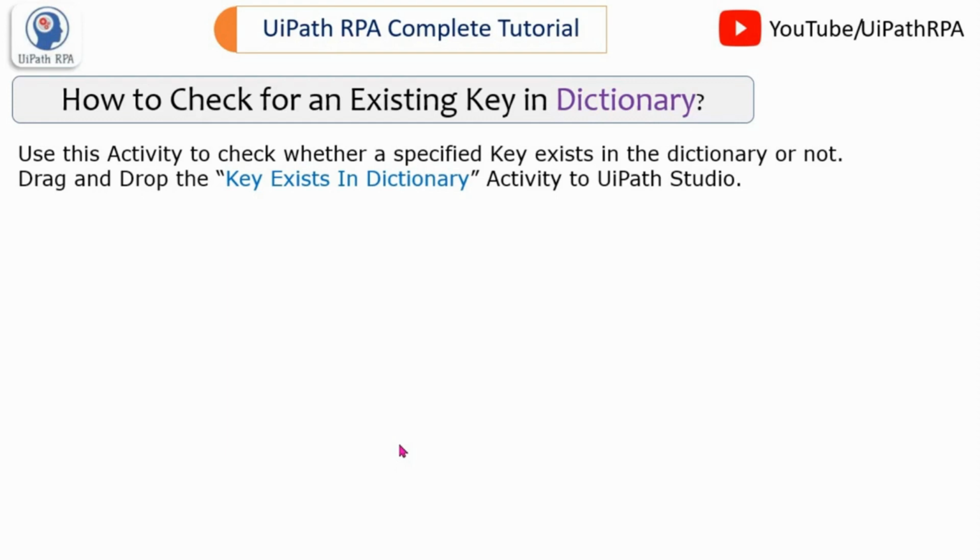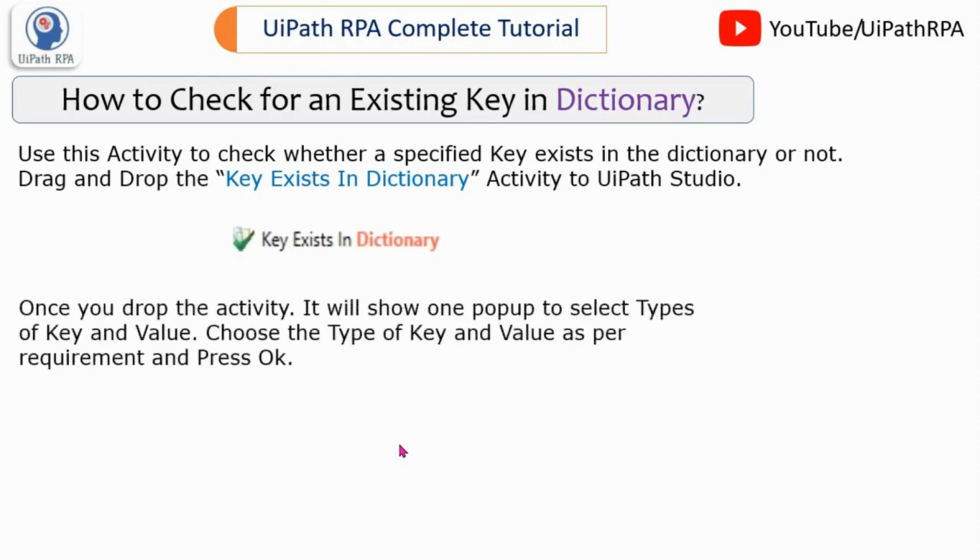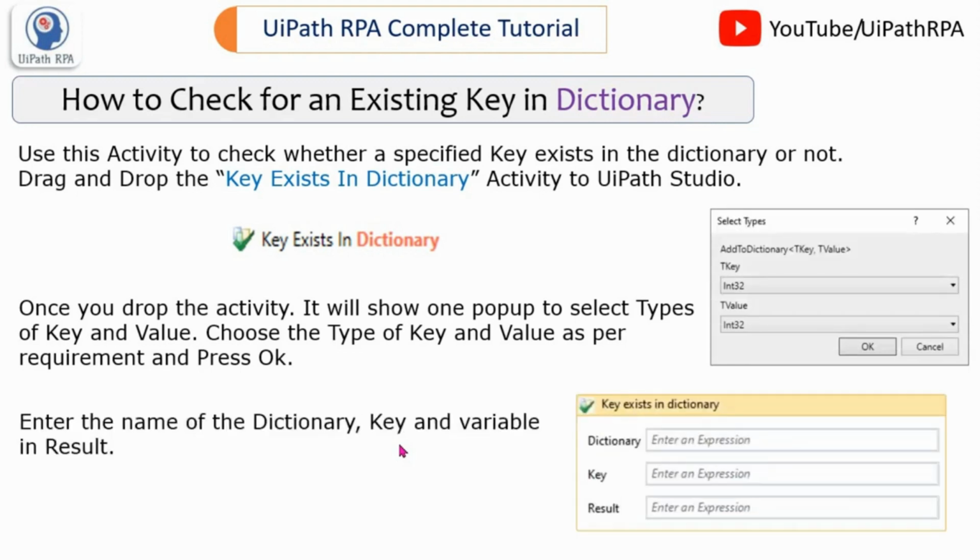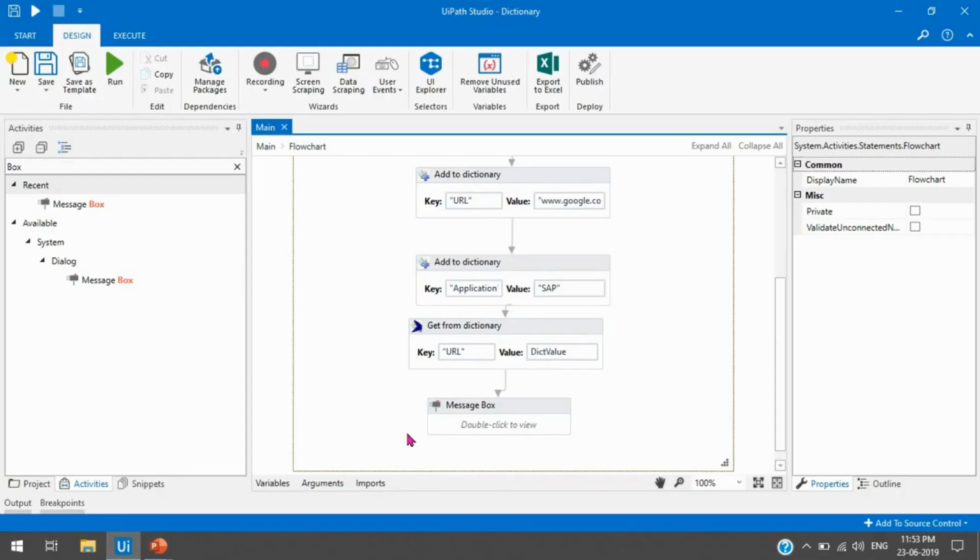So this is the activity we need to use to check for existing key in UiPath Studio. Once you drop the activity, it will show one pop-up to select the type of key and type of value, same as previous activities like this, and we need to enter the name and the variable. And then let's see the practical example here.